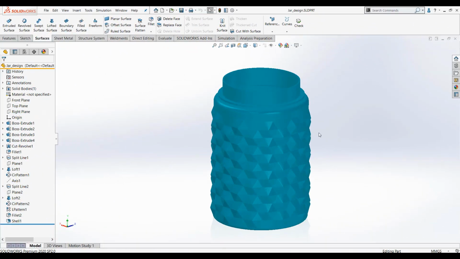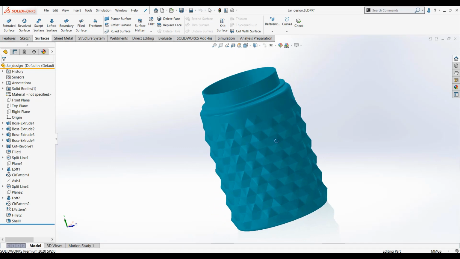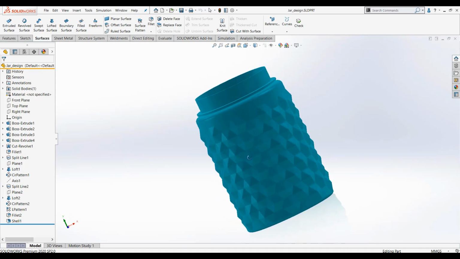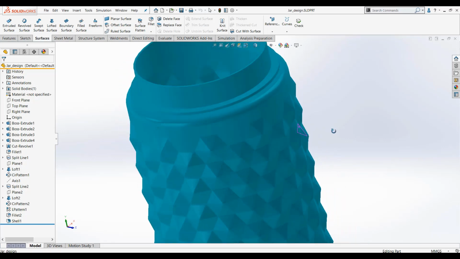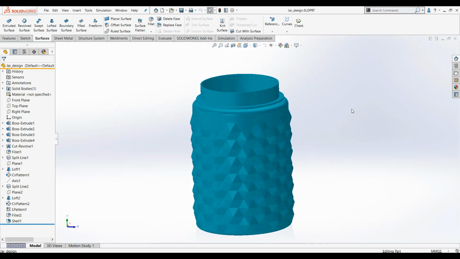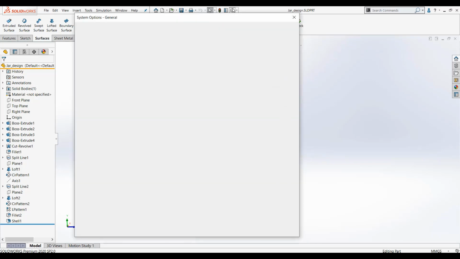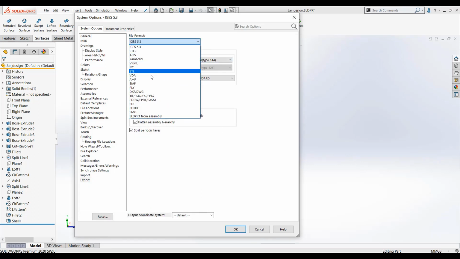In this part of our video, we will see how to export our CAD data to mesh files such as STL, and we will compare the different mesh files obtained by varying the system settings. I have a jar model that has a number of edges on it, which make this part intricate. We'll go to system options, under which we have an export category. We have different file formats available here like 3MF, AMF, STL. We will choose STL because it is more commonly used.